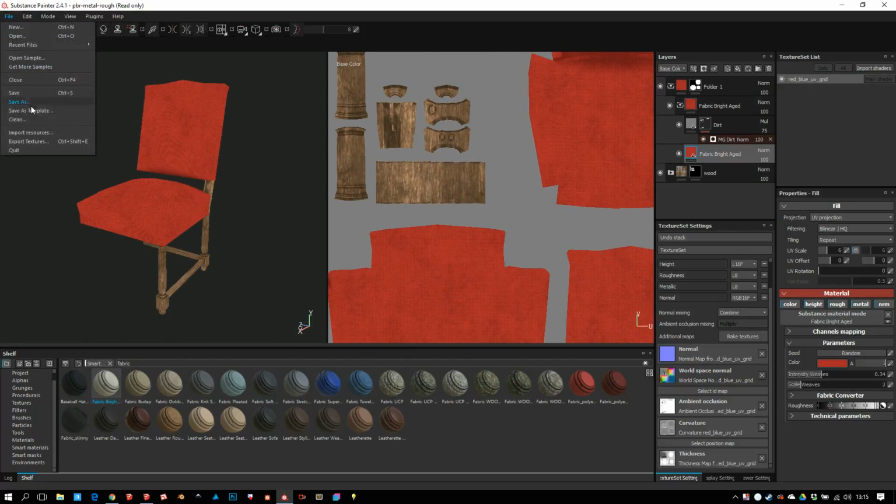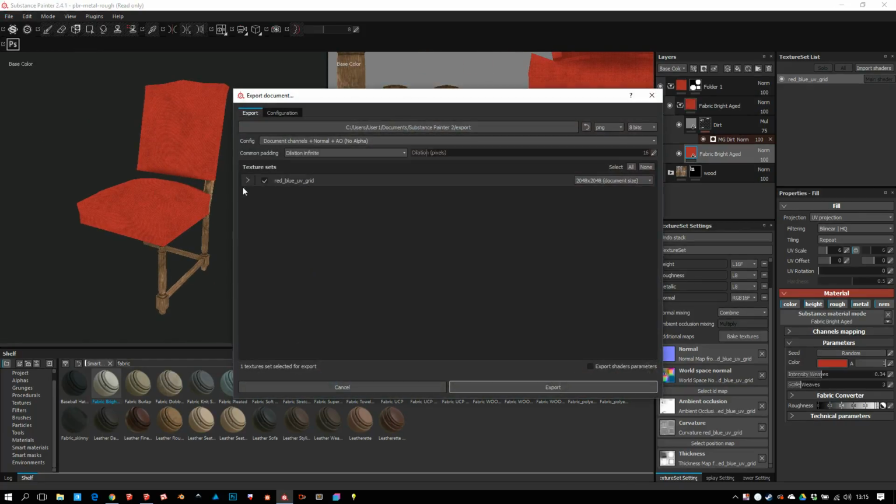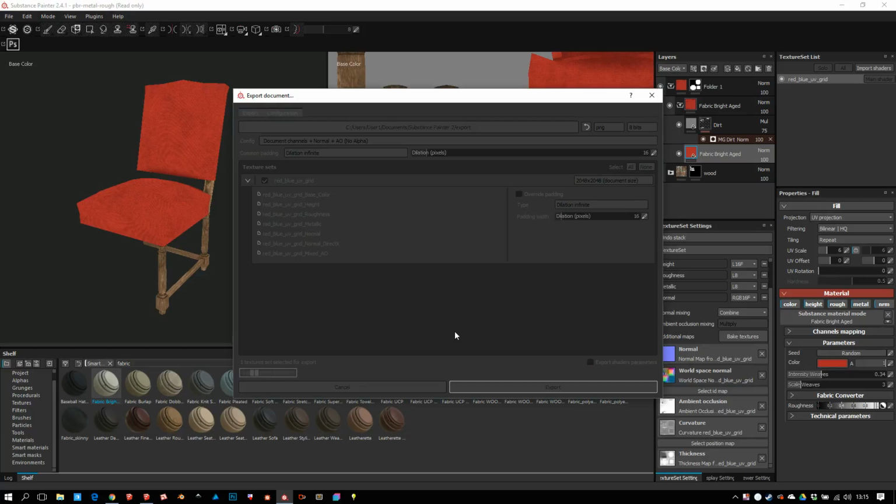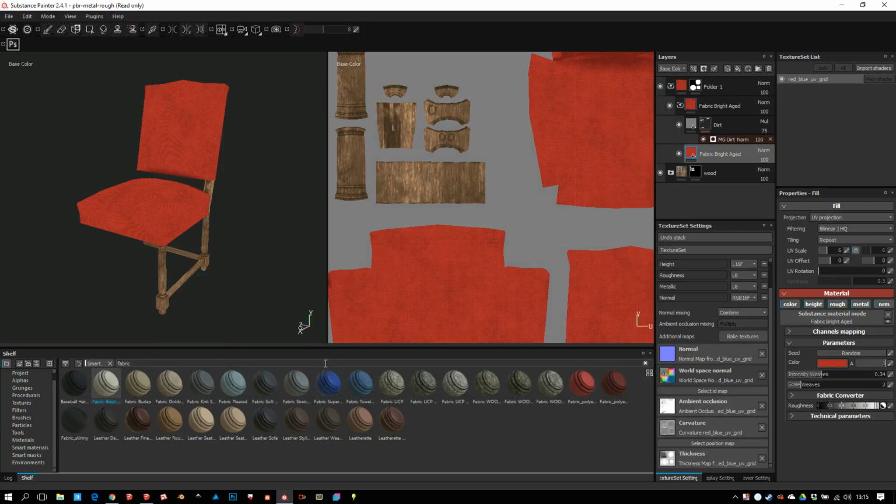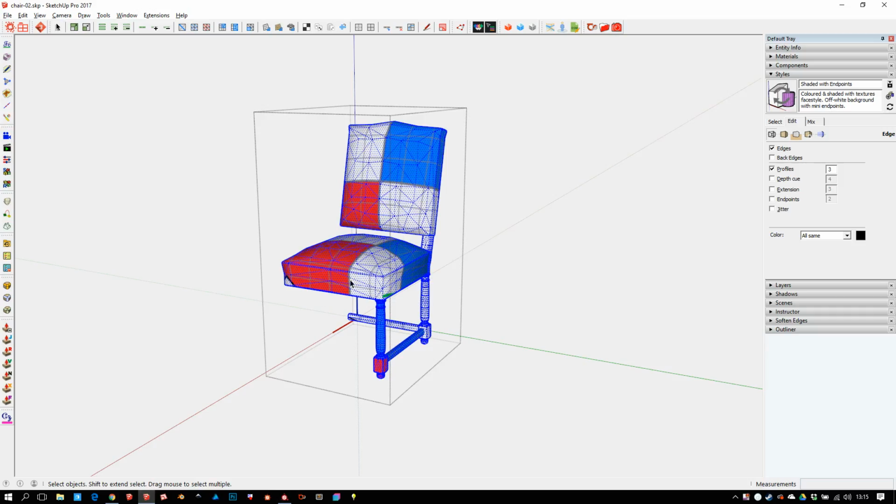So you can just go ahead and say File, Export Textures. It's going to export all of these into this export location. Click OK. It's going to export to the, you can see here, 2K. It's done. Now inside in SketchUp, all I